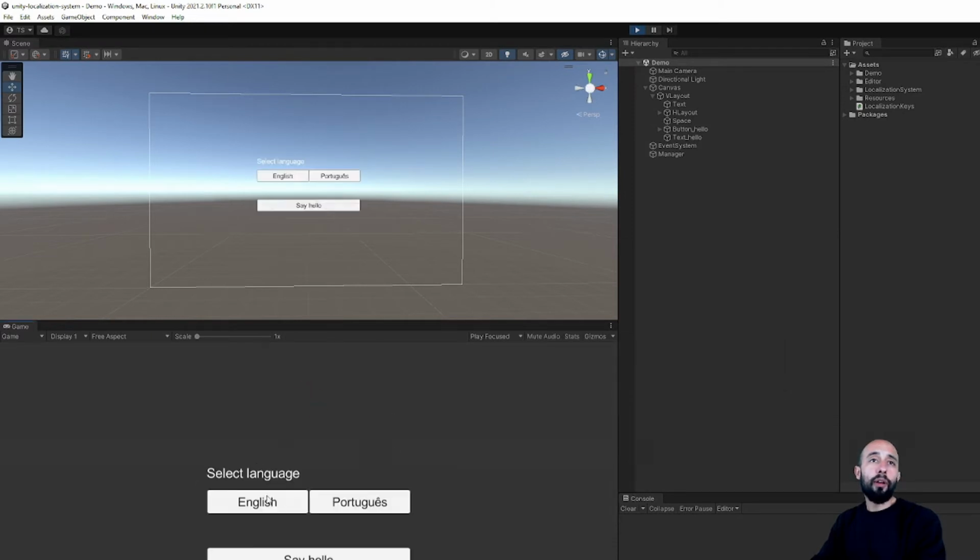This is just a demo scene of the system. Imagine that you have a language selection screen like this. You have only two languages, English and Portuguese. We have this button here. You can see that right now everything is in English, which is the default language that I selected for this demo. When I press this button, you can see that the label is also in English. And if I select the language Portuguese, you can see that this is